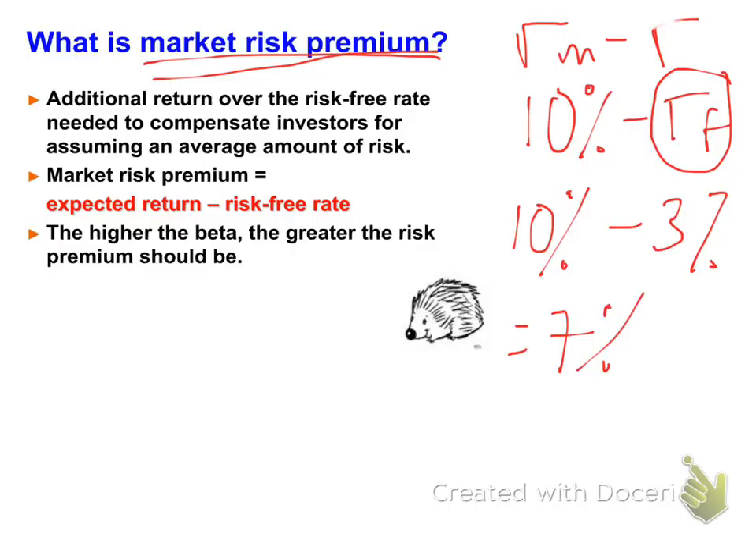Now, if you are not willing to take more risk, you just go for risk-free, or you go for a low-risk investment like a fixed deposit, then you earn only 3%. But if you are willing to take risk, you go for the general market investment, you get 10%. So because you are willing to take more risk, the extra return given to you is actually 7%. So we call it the market risk premium. Now basically, if your beta is higher,